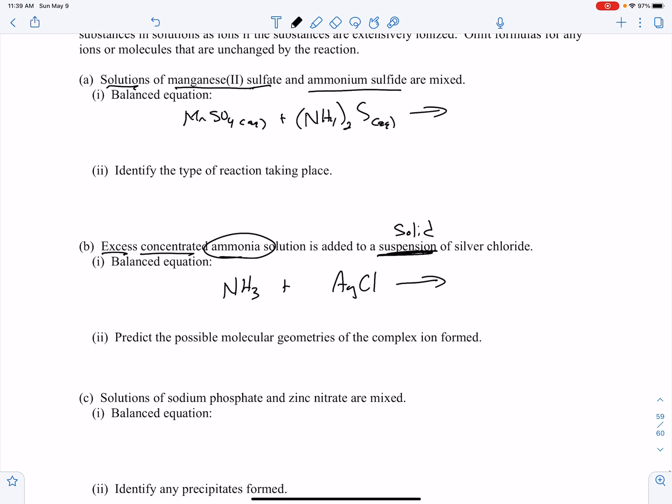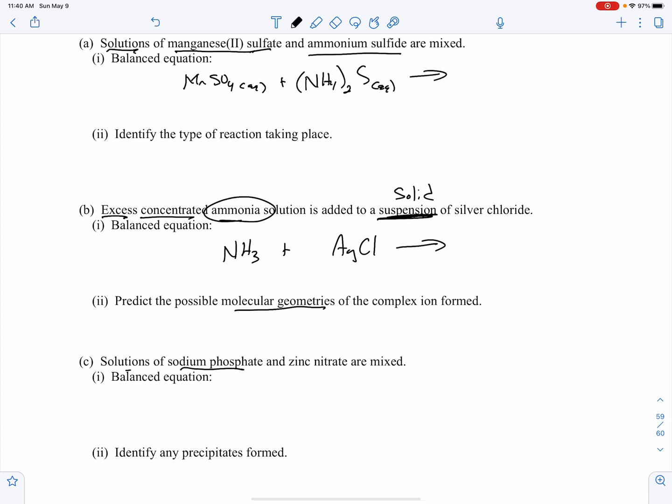Okay, the next one, and again, you'd have to balance that. Oh, it asks for the molecular geometry. That's based on what's called the coordination number, or the subscript that goes along with our ligand. You can look in our reaction booklet. There are several of these geometries based on that coordination number. We move down here to number 3,